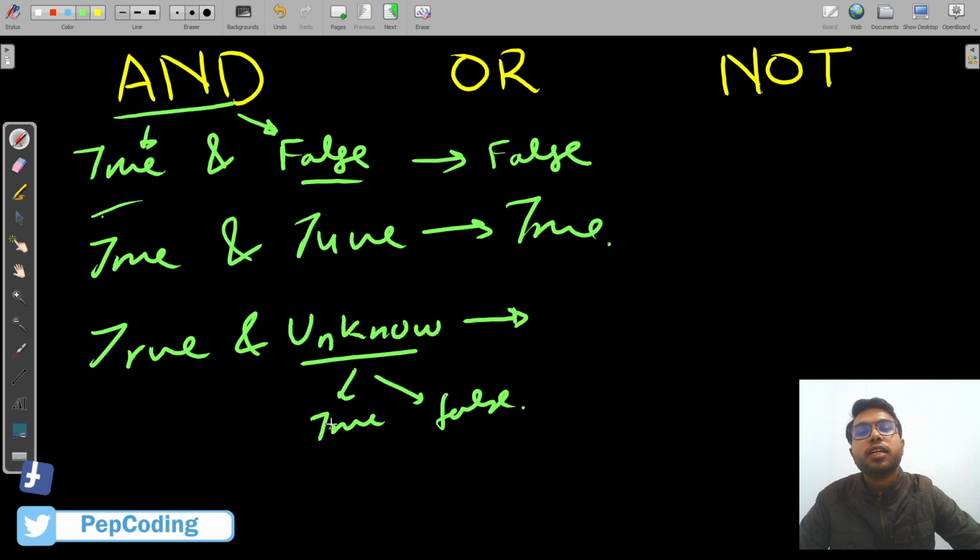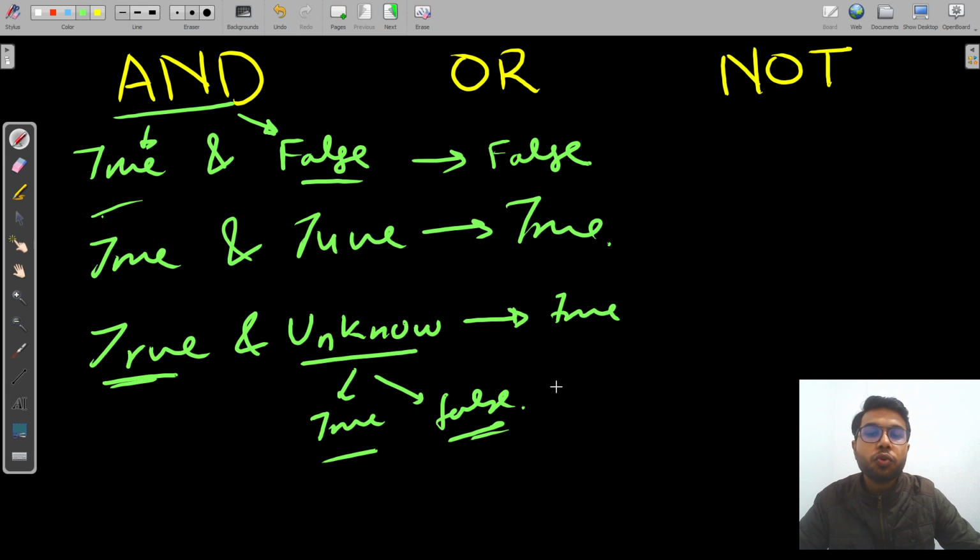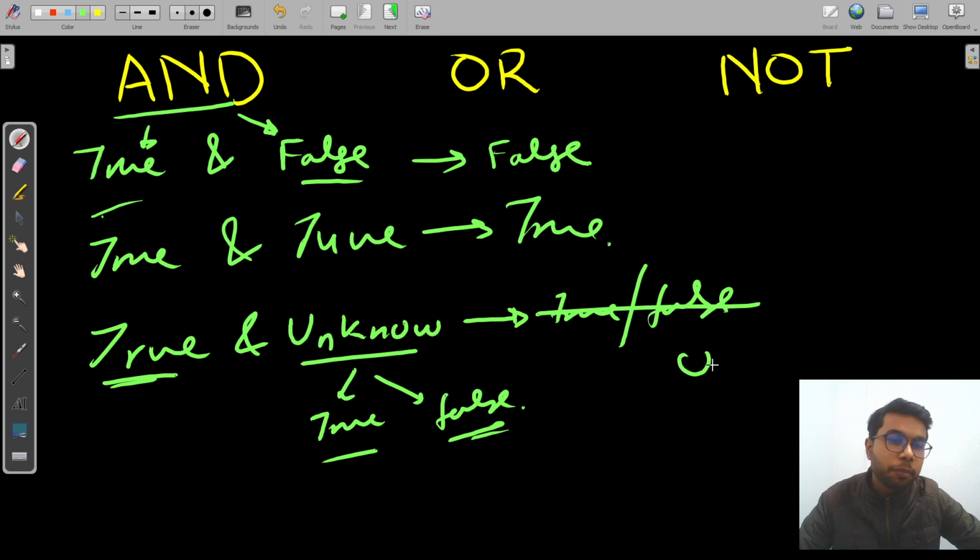So in this situation, let's try to see what our output would have been. If it were to be true, my answer would have been true, right? True is true. If it were to be false, my answer would have been true, false, false. And what this says is it might be true, it might be false, and that means that it is simply unknown,